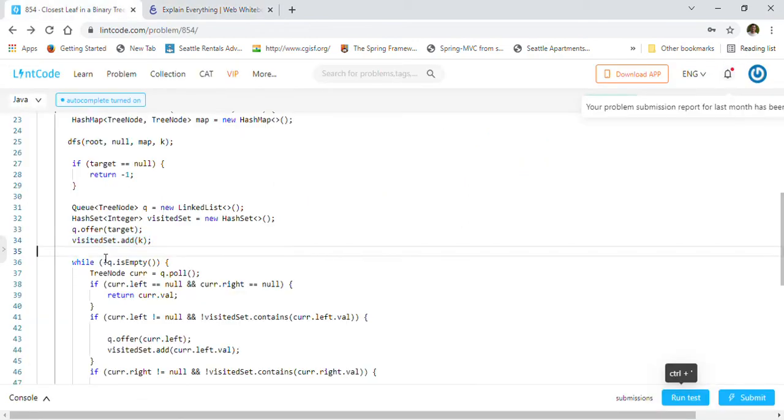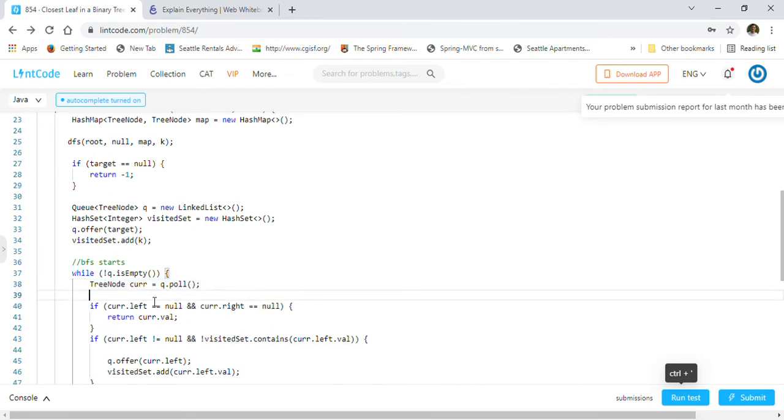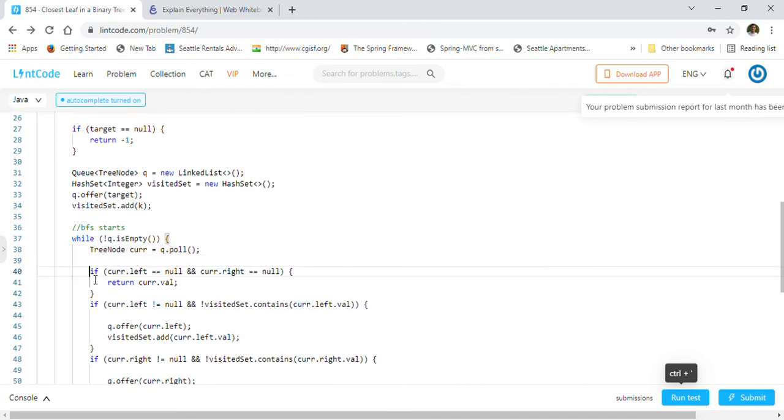After that, this is the place where our BFS starts, right? It takes out the first value from the queue, queue dot poll, and first it will check if the current node that we are polling from the queue is a leaf or not. If it is a leaf, then we already found a leaf, so we will just return the value here, current node dot value.